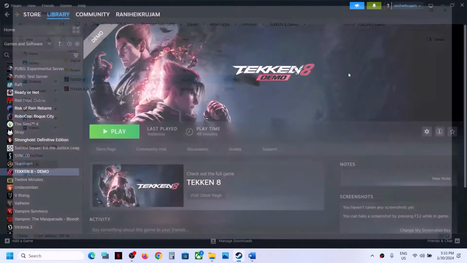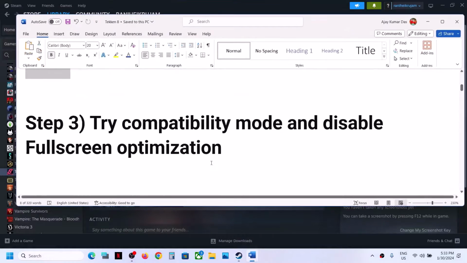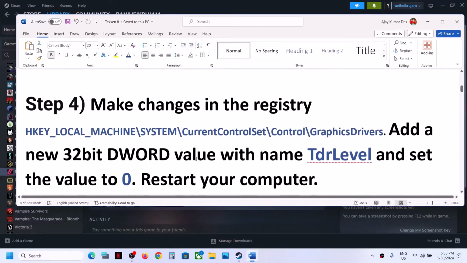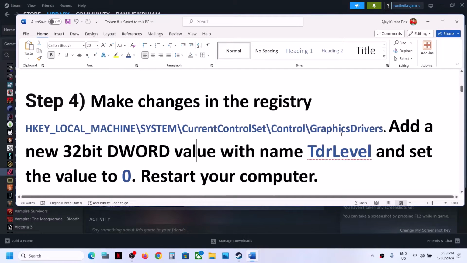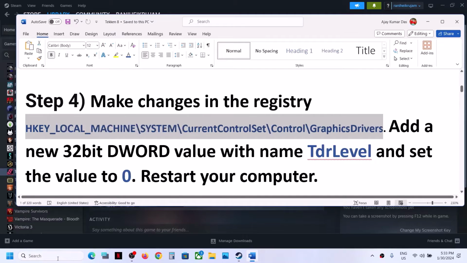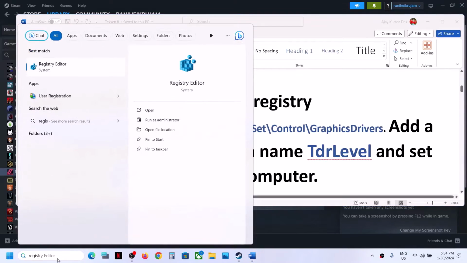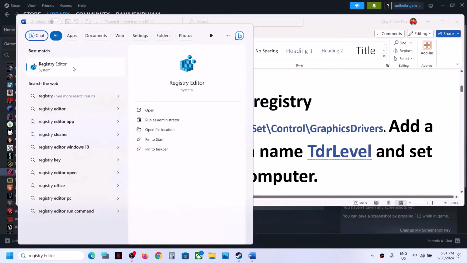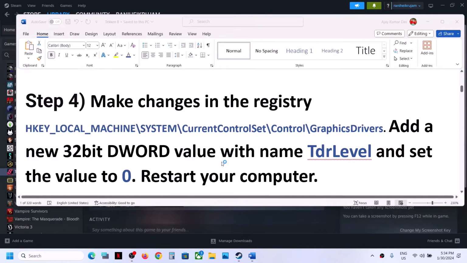Now the next step is to make changes in the registry. Now this has worked for a few players, so it might work for you. So you can go to this location. So type in registry editor in the Windows search box, and then click on registry editor, click on yes to allow, and then